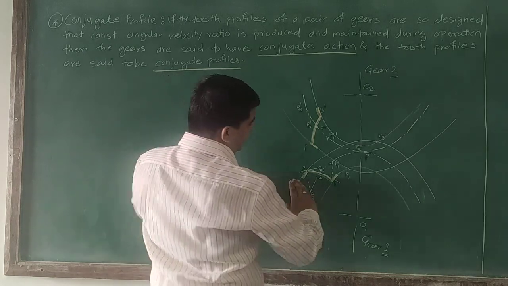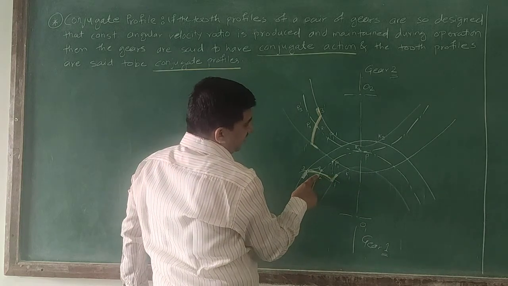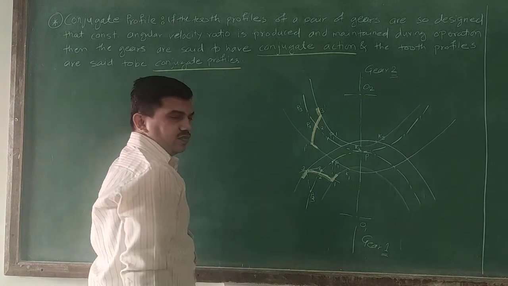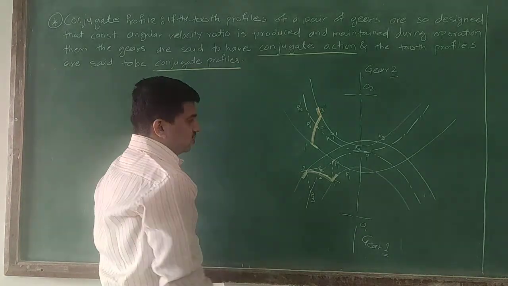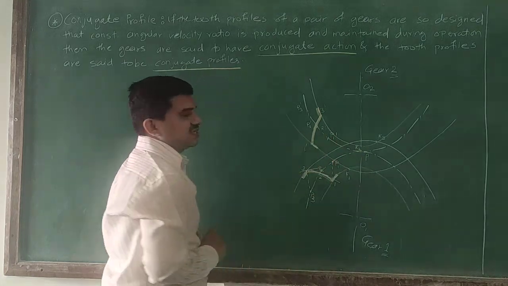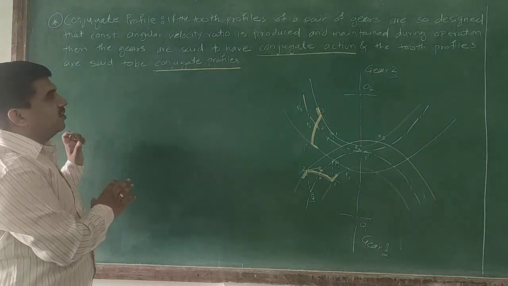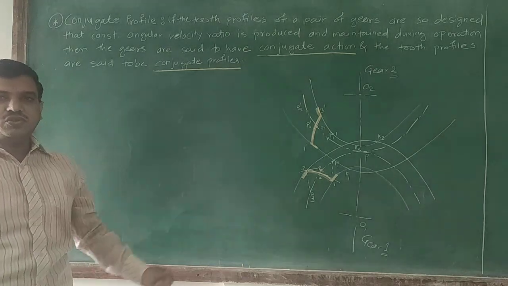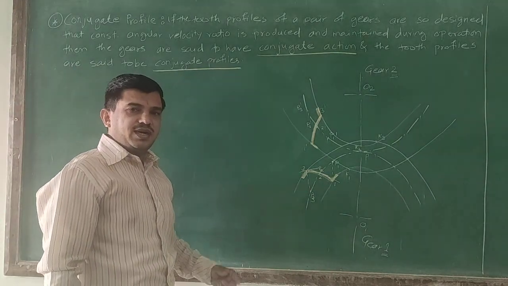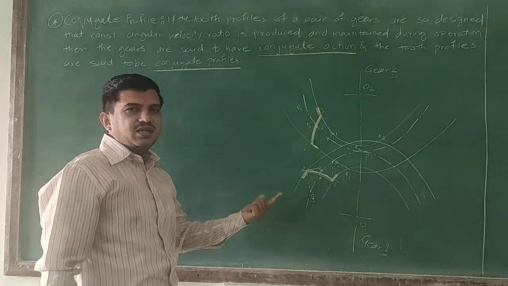Now you can see that when these will be in contact with each other, this point P2 and point P2 dash will coincide over here at P. So that is the reason why we have selected these particular dimensions like this. So this is the generation of a conjugate profile when the input is like this. It is also there in your theory, as well as similar kind of practical is there in your practical experimental setups.